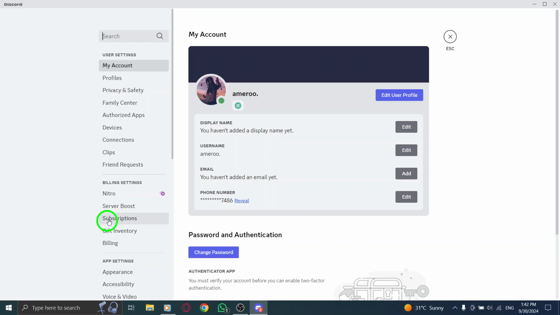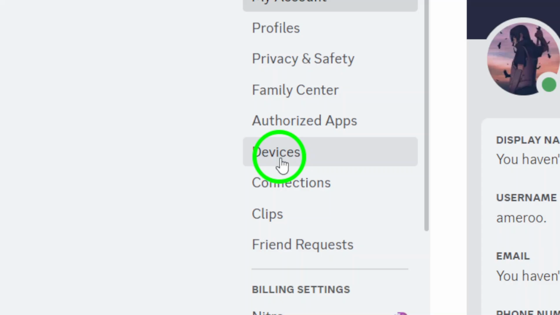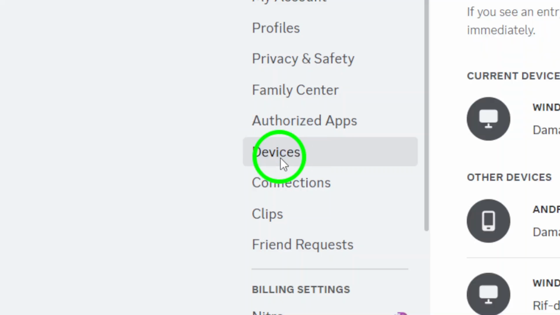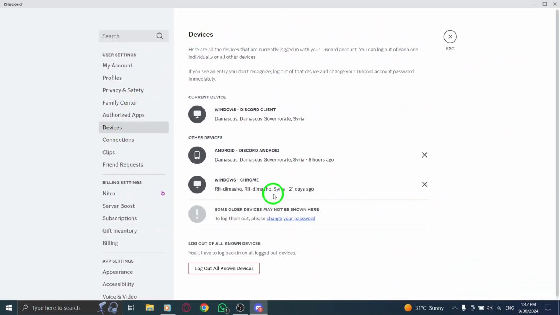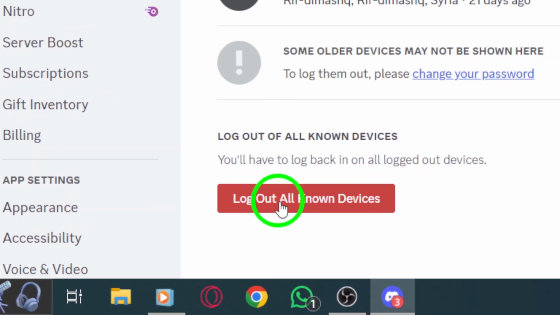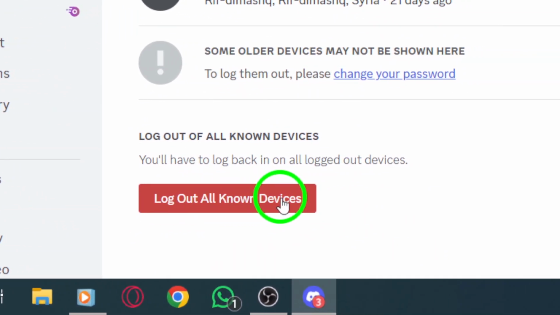Now, in the Settings menu, scroll down and find the Devices section. This is where you can see all the devices currently connected to your Discord account. Here's the important part. Click on Log Out All Known Devices. This will ensure that any device that has accessed your account in the past will be logged out, keeping your